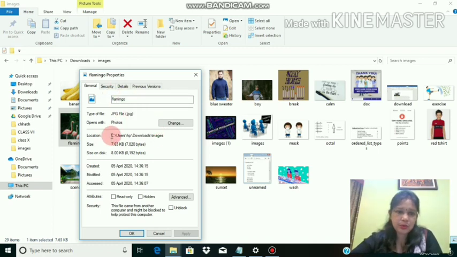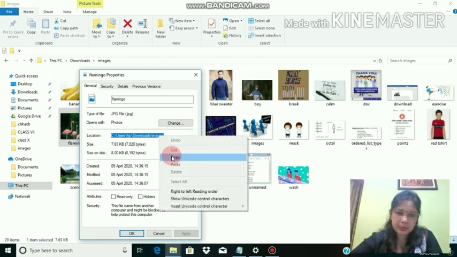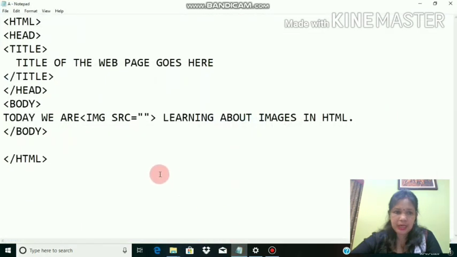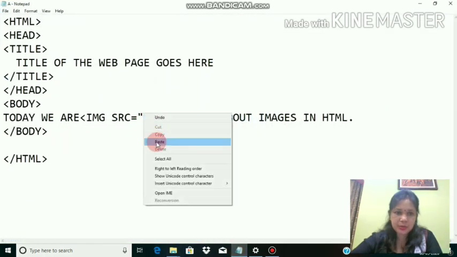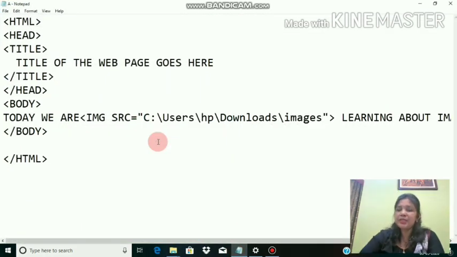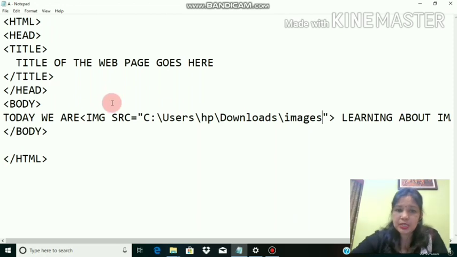So what you have to do, you just copy the location like this, right click, copy, go to notepad, and there within double quotes you paste it. Done. Just see, this is the location, but we haven't inserted the actual name of the file. For that, which slash is being used here? Just see, this slash is backward slash.